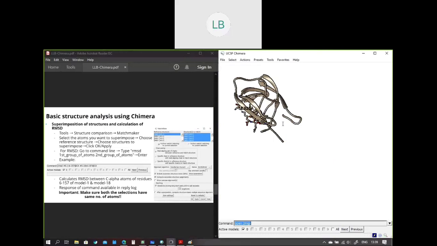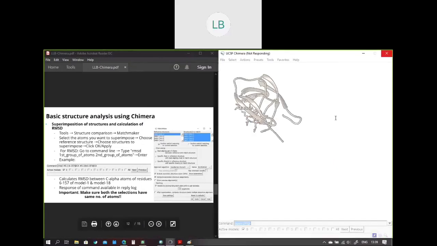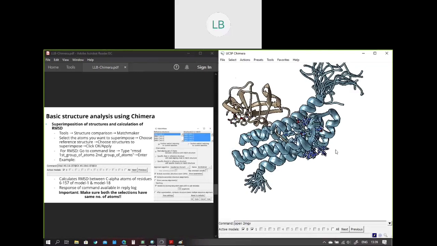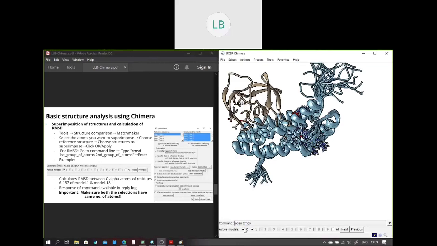Now it will open a membrane protein that has an NMR structure, and since it has an NMR structure, it has 20 different models. So now we'll try to superimpose all these models and find out the RMSD between these models. For now, I'll hide the first protein structure.